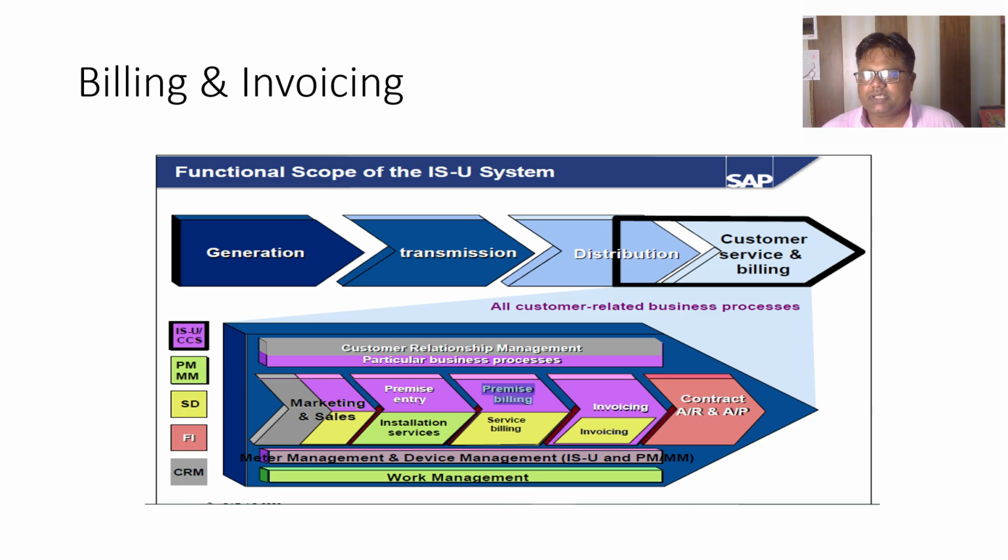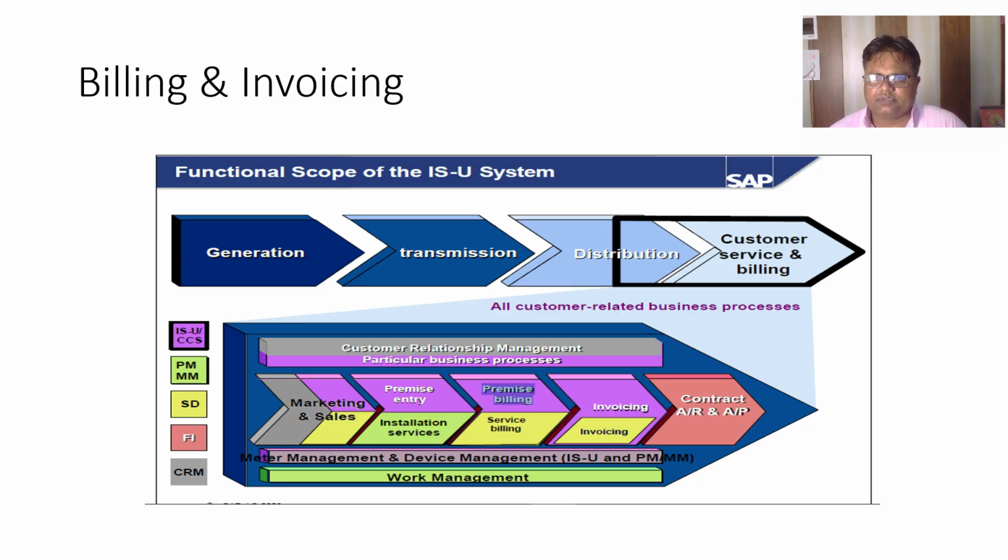So we have to maintain the inventory. So we have to create the material. With respect to material, you have to create the device category, and with respect to the device category, you have to create the devices. So all the functionality you have to maintain, and all the meter-relevant activities you have to do. So all the processes we have to map in the system.